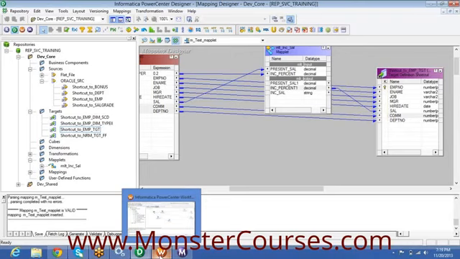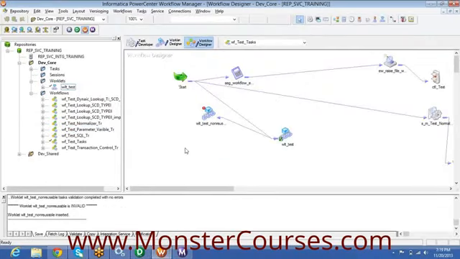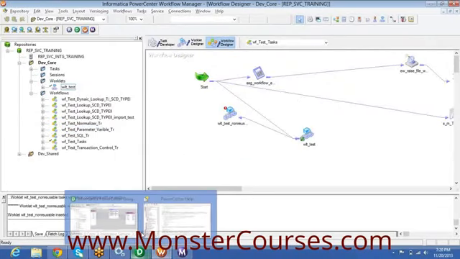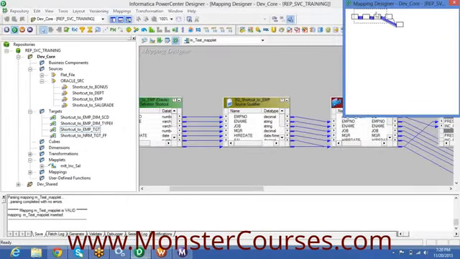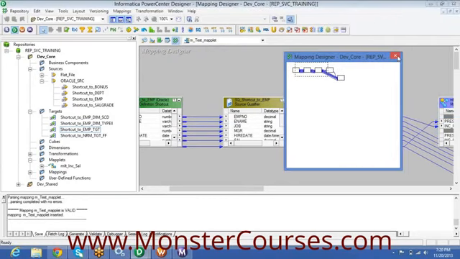Another thing is, within a mapping, we are seeing this overview window. In this overview window, you can see the flow and all, and you can do arrange all. This is one flow, this is one target load plan, we can say. Something like this, you can have another flow also.